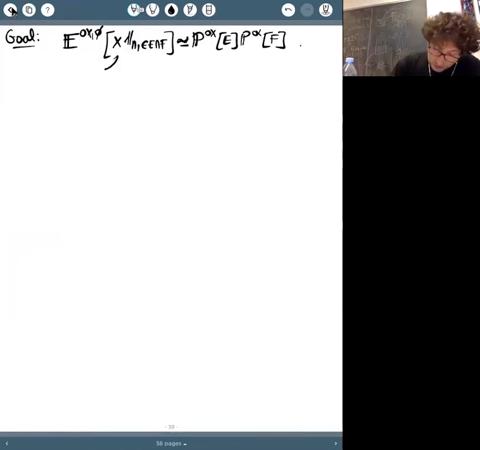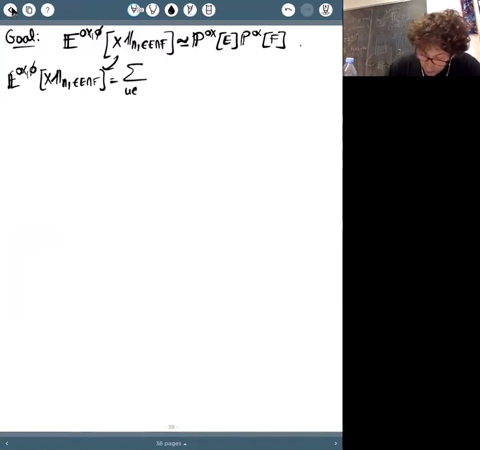Okay, so let's look at this guy. And here, let's try to understand what is happening. So this is just the sum for u in the annulus M, capital M, of 1 over alpha I. Or, if you want, you can also write it as a sum over u in the annulus